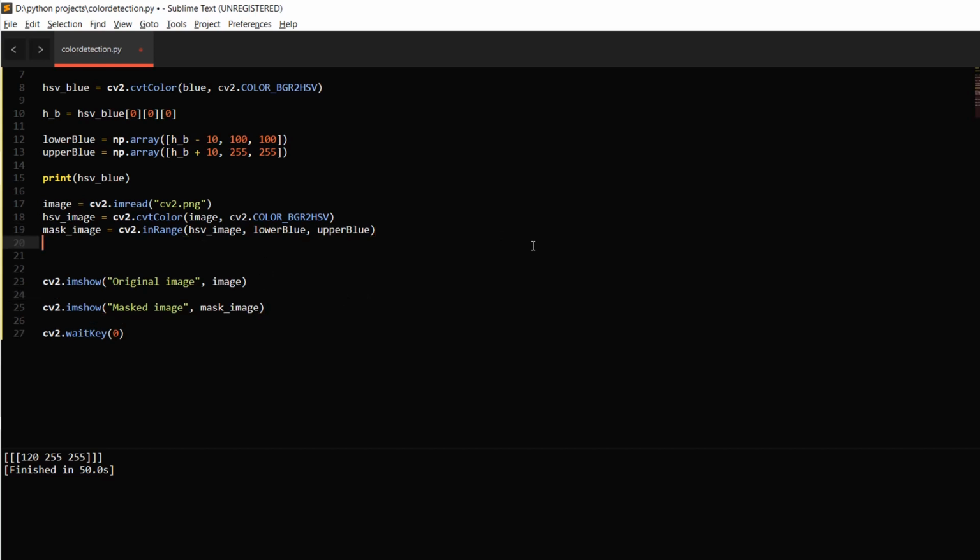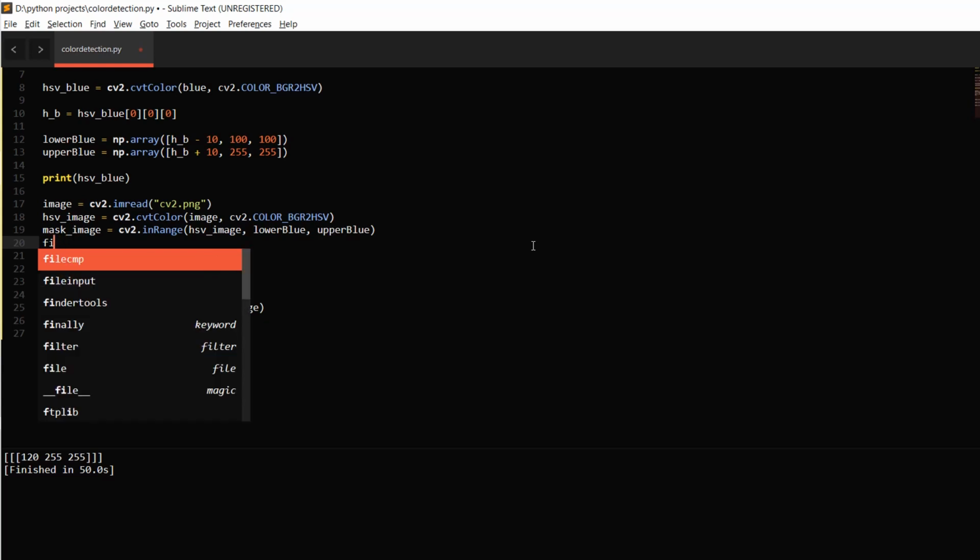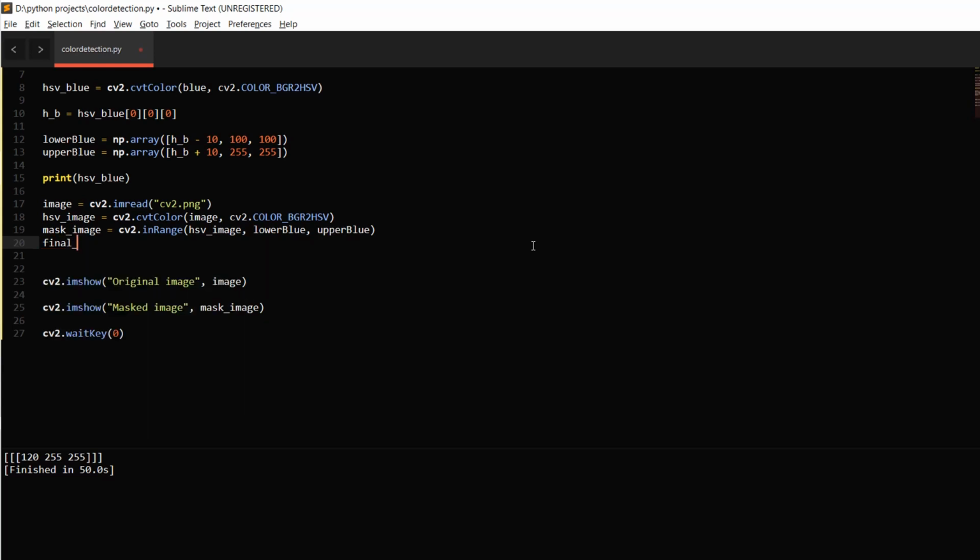This can be done in OpenCV with just one line of code. I will define a variable called final_image, and cv2.bitwise_and. The bitwise and is used to combine these two images, and it takes three arguments. The first two arguments are our original image. Remember that point.